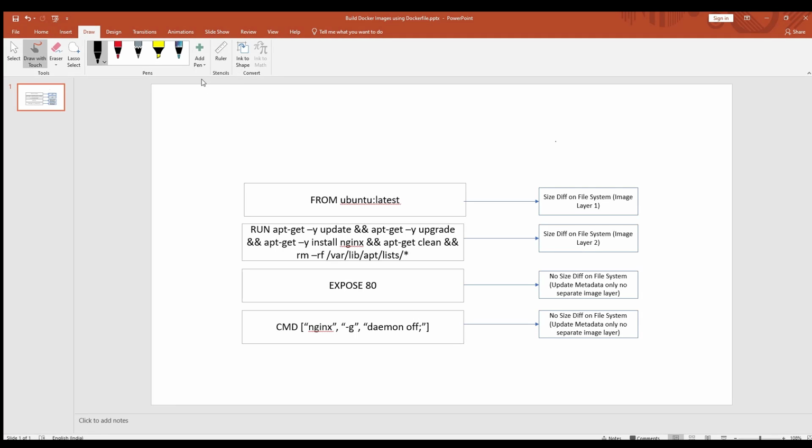In this video we are going to create the same custom Nginx image that we created in our interactive method. For that we have created a Dockerfile with the instructions that we are showing as layers on the screen. The first layer is the base image, that is Ubuntu latest, and from there we will be installing the Nginx package on top of it, and then we'll expose port 80 and run the CMD command